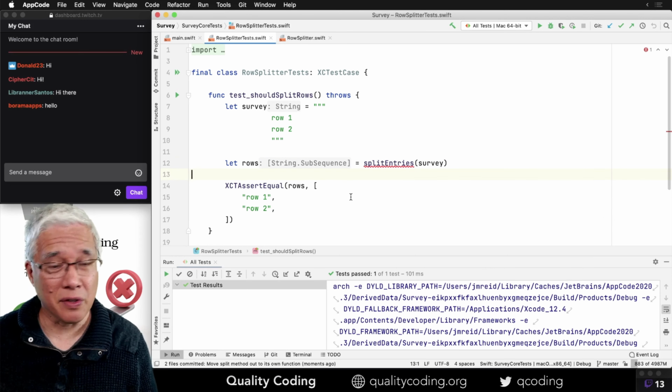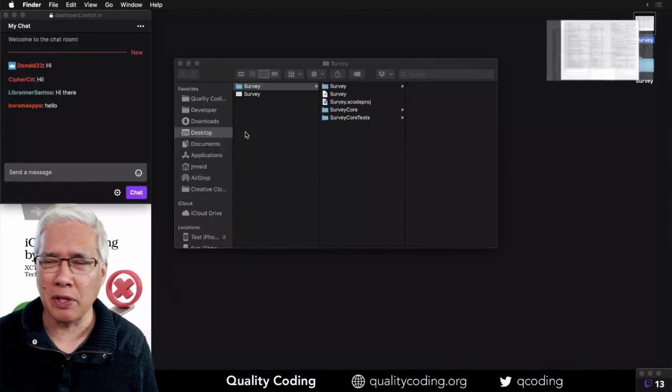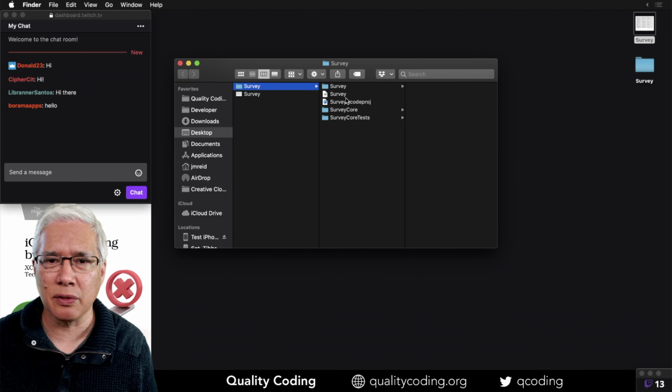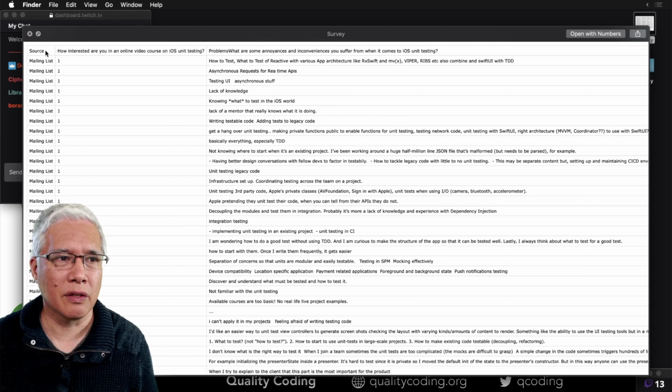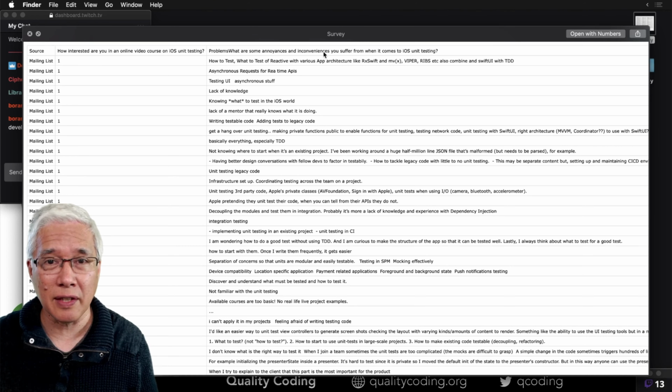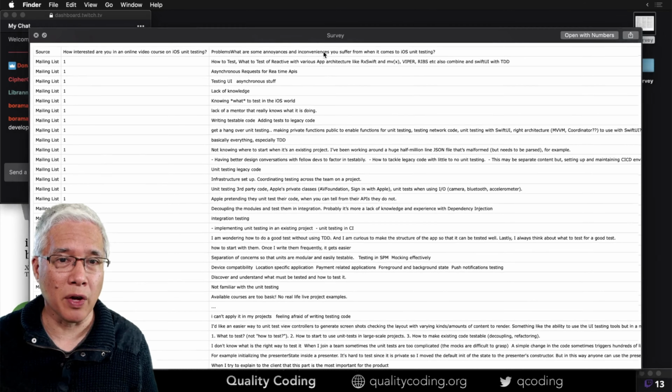All right, now, another problem that comes is that if we look at the actual data, well, here's the survey itself, and it's just a whole bunch of stuff, but I pulled it out into, is this the CSV? Yeah, this is the comma separated values. And you'll see that the first row is not an entry, it's the questions, it's the labels, right? So I really don't want those. I want to exclude those.